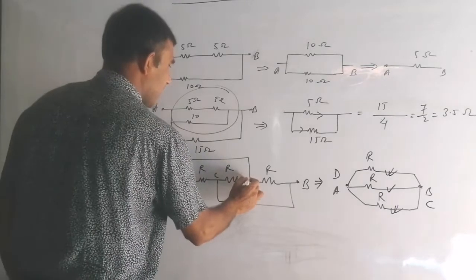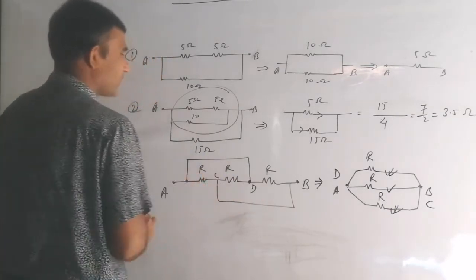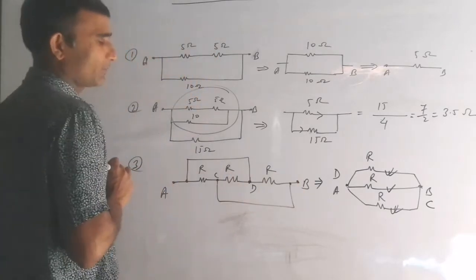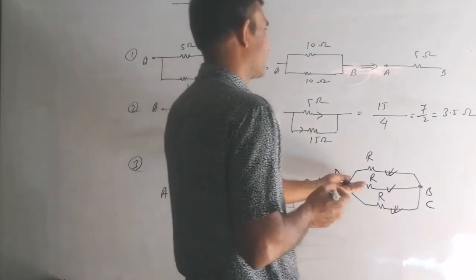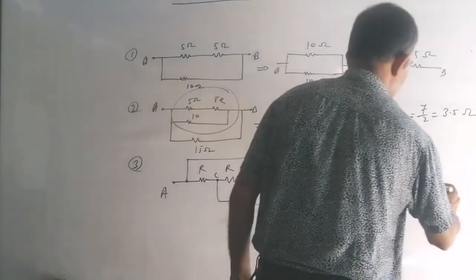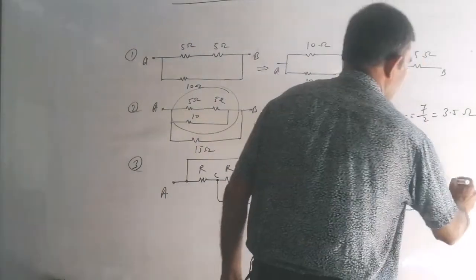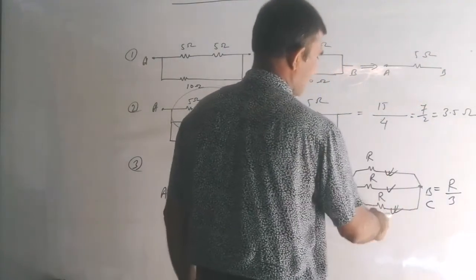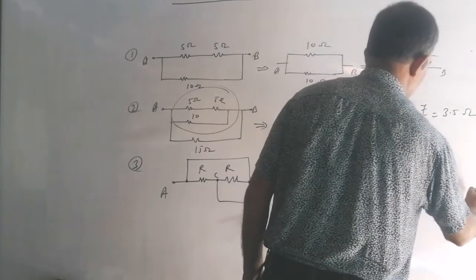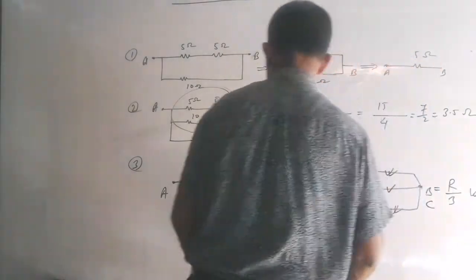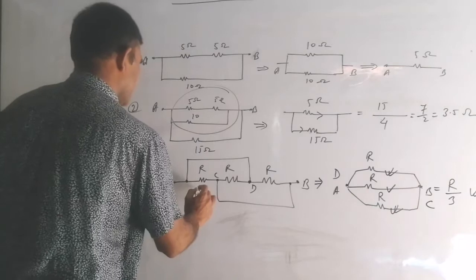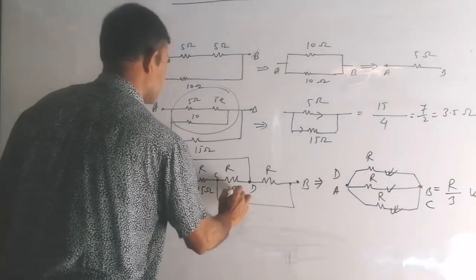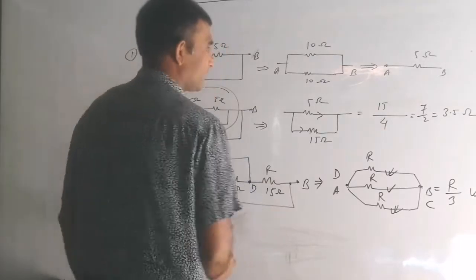Remember, if these wires are connected, these points are the same points. Keep that in mind. Sometimes they make you confused. Now nothing is left in this question. 3 resistances are in parallel. So what is our trick? One resistance divided by the number of resistances, and there are 3, so R by 3 will be the equivalent resistance. If your question tells that it is 15 ohm, 15 ohm, 15 ohm, then what will be the answer?